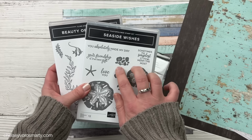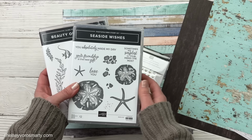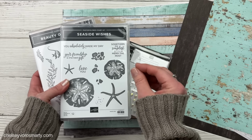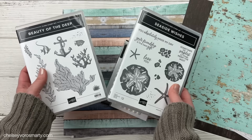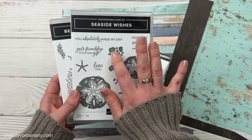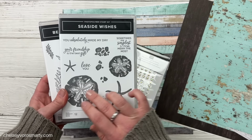embellishments. This kind of has some rocks on it, so I could stamp those right on the base page, which makes me think I should probably choose either white or a light background color for my layout. So white or a light gray or a light brown, something like that, something that will match this paper. And then I could do some stamping right on my base page, and then also layer up stamped and die